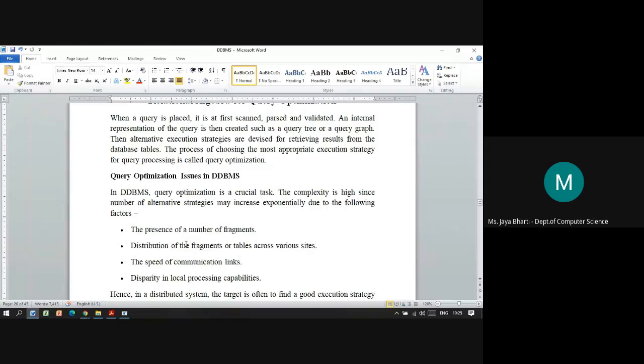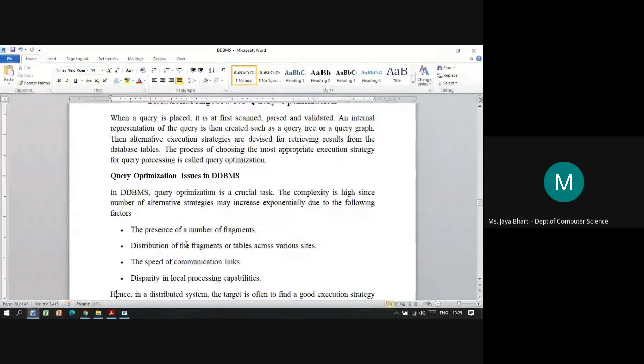The second factor is the distribution of the fragments or tables across various sites, that is, how you have distributed the fragments or the database across the various sites. Then the third is the speed of communication links, which is one important factor.